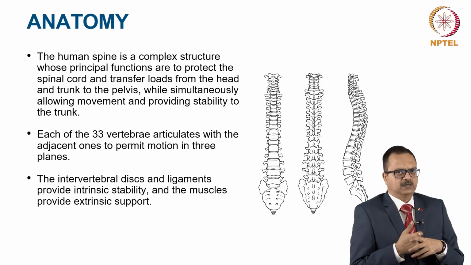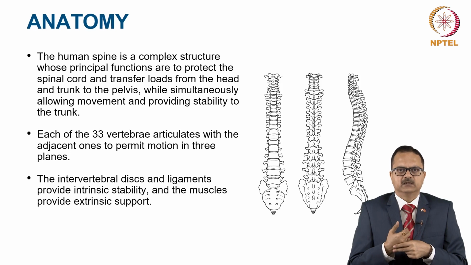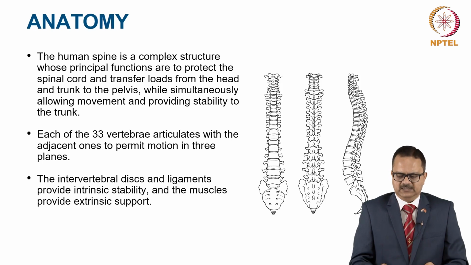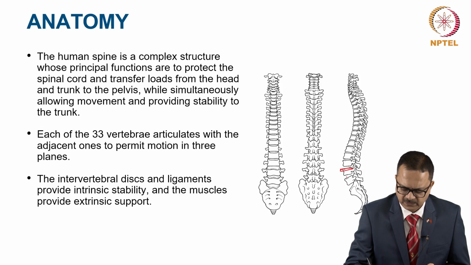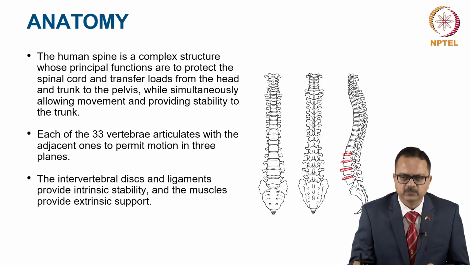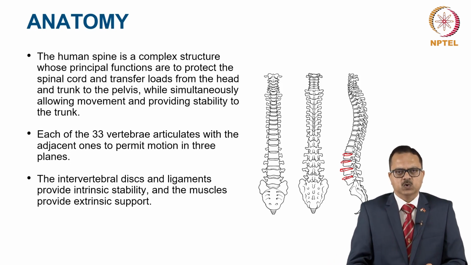The vertebrae are connected to each other by the ligaments, which provide intrinsic stability, along with something called the intervertebral discs. Now, these are small discs which are present in between the vertebrae, and they have a very important role in shock absorption